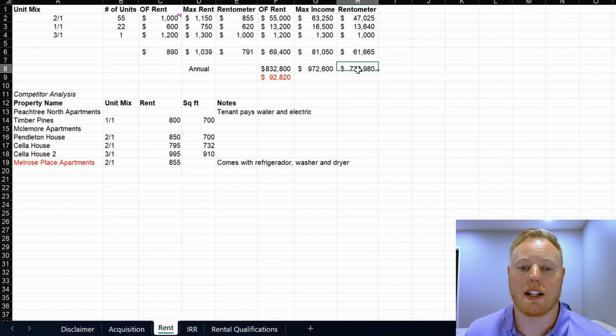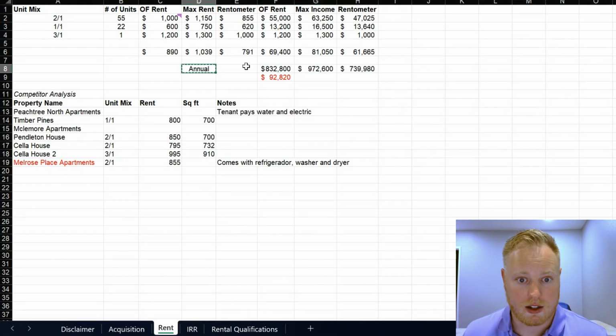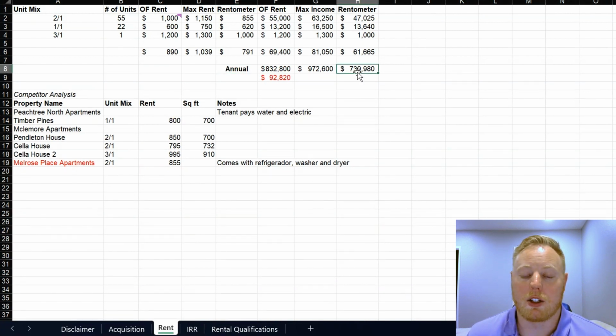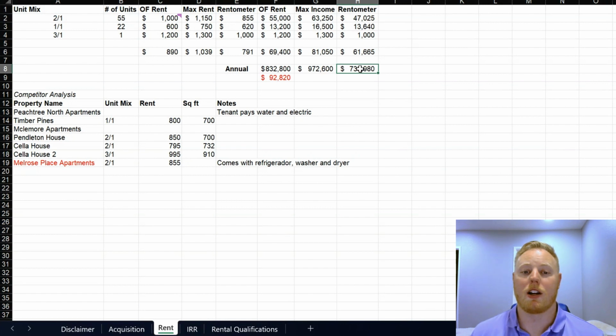And what you can see down here, this is the totals per month, and this is the annual totals right here. I'm gonna actually move this right here so it's easier to see. That's fine. And then you can see that we're using our calculation, the rentometer, because